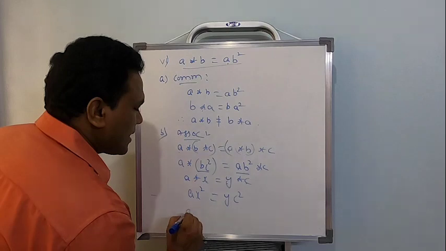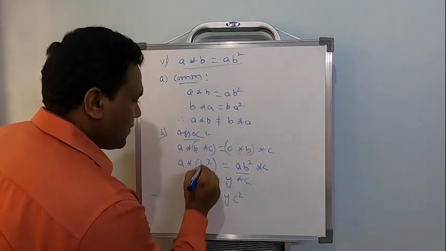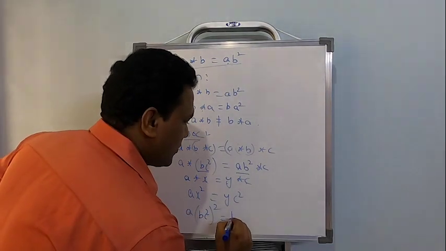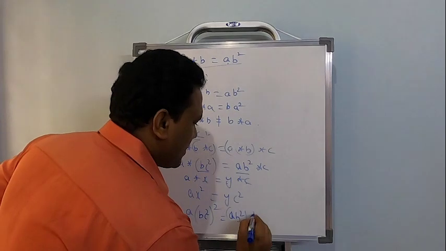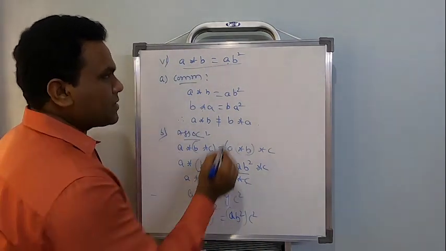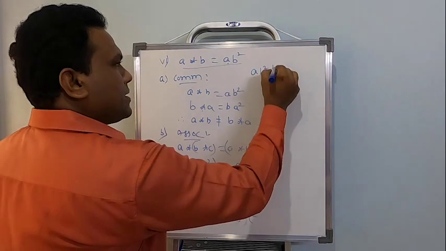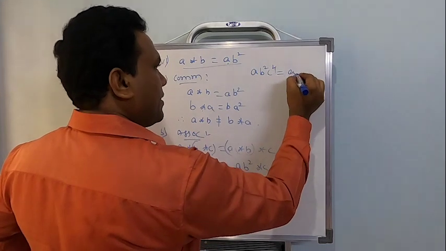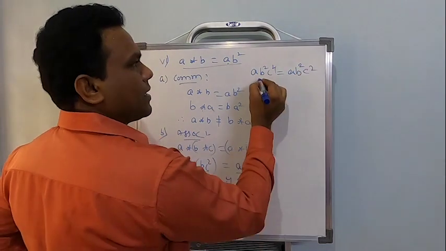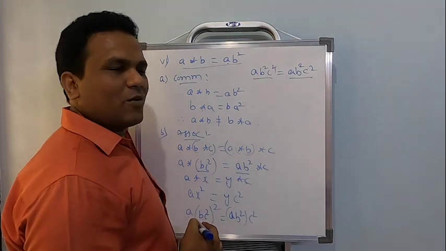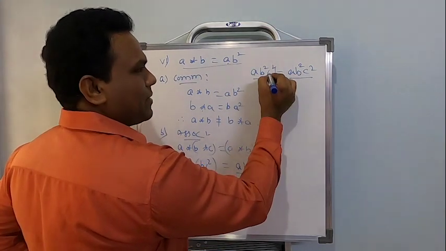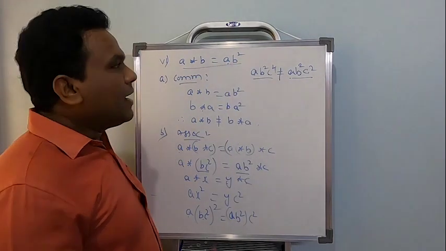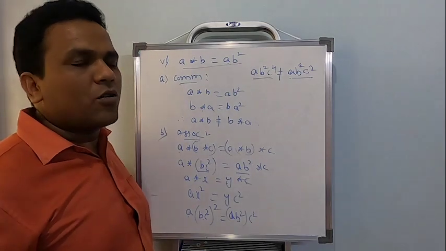Substitute for X and Y. So what is the X value now? X value is we have here B C square, but it is the square of that, right? And on the right side, the Y value is A B square multiplied by C square. So what happens to the left hand side? The left hand side will be A B square C power 4 if I square these two. And on the right side will be A B square and C square. Can I say these two are equal? Nowhere. It is A B square C power 4, but here it is C square. These two are not going to be equal. Correct? Hence I can come to a conclusion. Therefore star is not going to be associative.